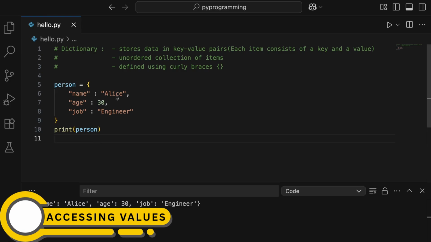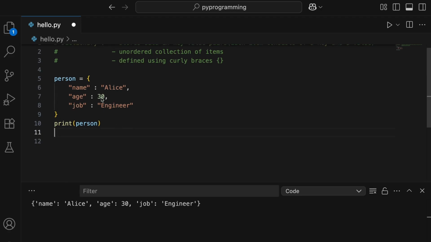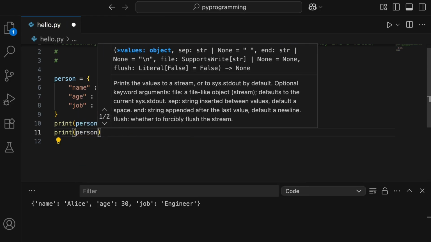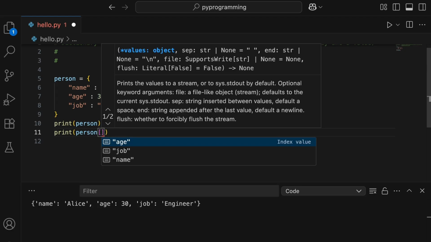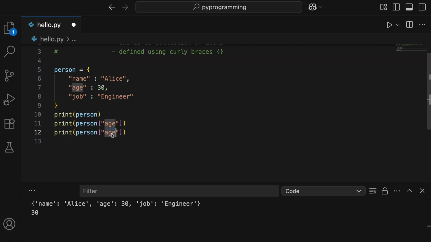And in order to access any of these values, you can just refer to the key and you'll get the value. For example, if I want to get the age, I can just use the key, which is age in this case, and I'll get the value. So let's see how we can access it. Let me print it. So print, and then we have to give the dictionary name, which is person, and then use square brackets and then use the key. So I'll copy the key and paste it here, and you have to enclose it in double quotes. Now if I save and run this, we'll get the age. So you see we got the value. Let's get another value. If I want to access name, I can do the same, and if I run this, I get the name as well. So you use the key to access the value.